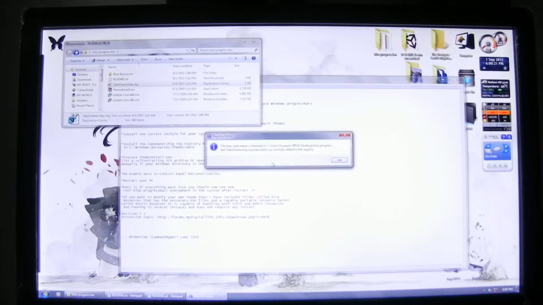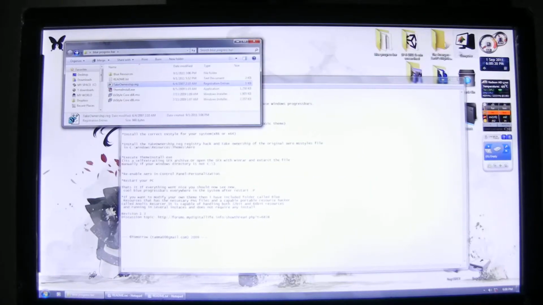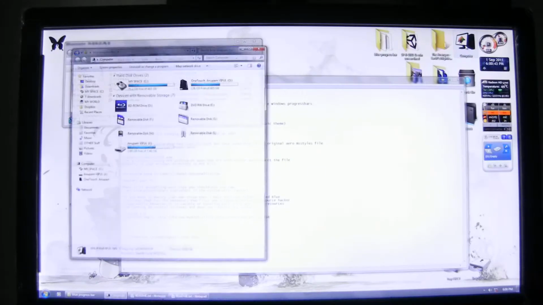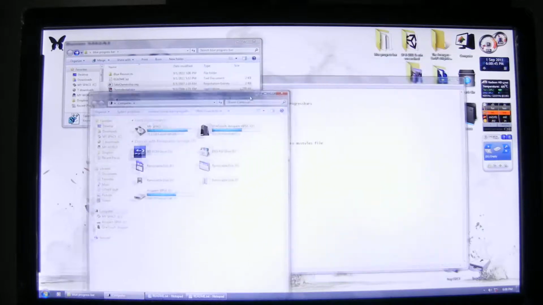Okay, I want to continue. The key and value contained in the file were successfully added to the registry, so that means it should work now. See this one, I don't know how well you can see that, but it says take ownership. That happened due to that registry.